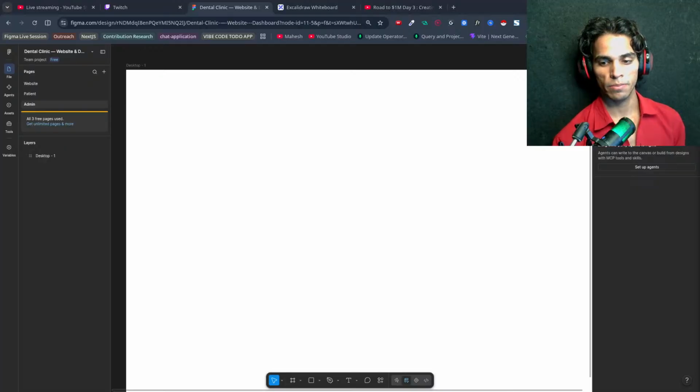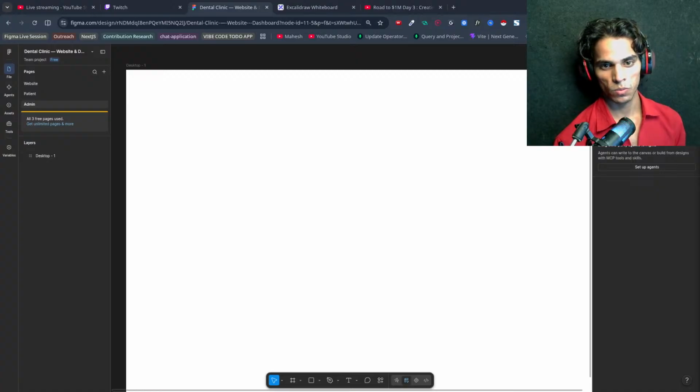So inside admin we will have the same sidebar, like dashboard, appointment, treatments, medical records, messages, profile, settings, and logout. That was our patient page.